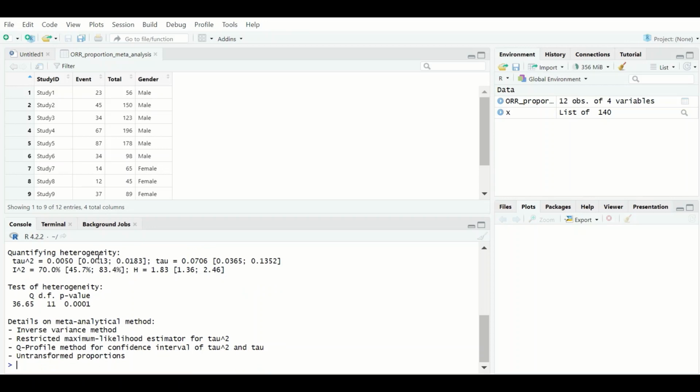Also, a heterogeneity test was performed and an I-squared is generated, which equals 70%, and the 95% confidence interval for that value is also generated, and the test of heterogeneity performed using the Q statistic with the value produced, degrees of freedom, and a p-value less than 0.05. To draw a forest plot, just type forest